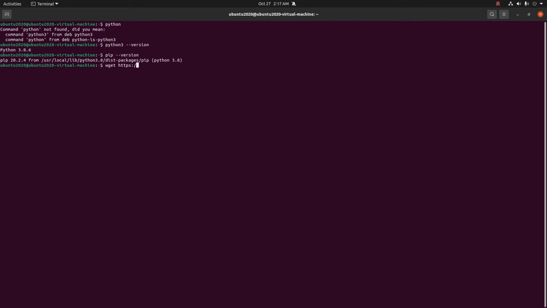And then to install pip, you need to run it using Python 3 get-pip.py. The previous command got us the pip file. Now we are installing this. That's all.